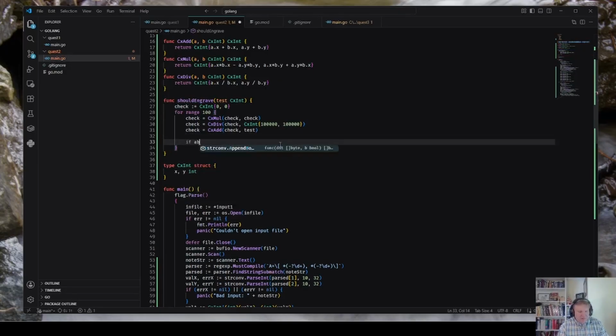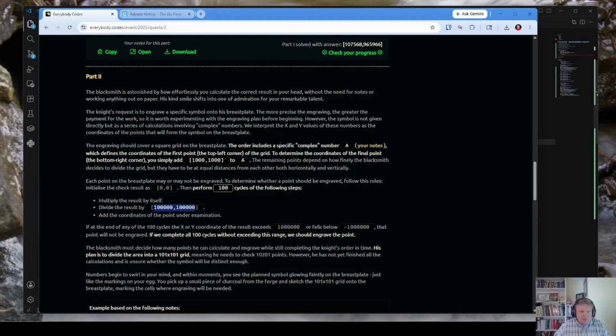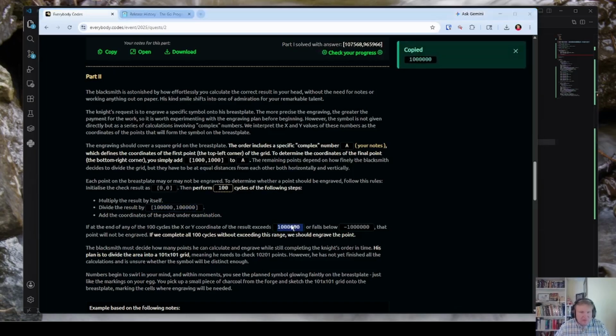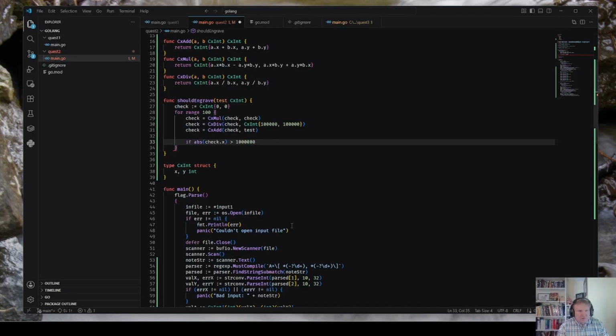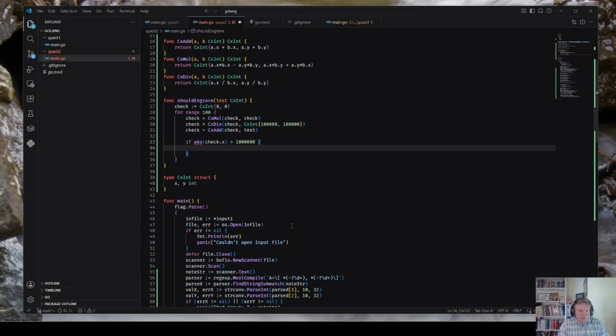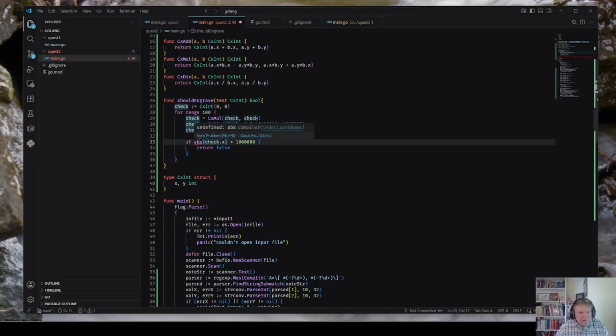Yeah. If abs of check.x greater than... is abs not a built-in? Oh. Fine.